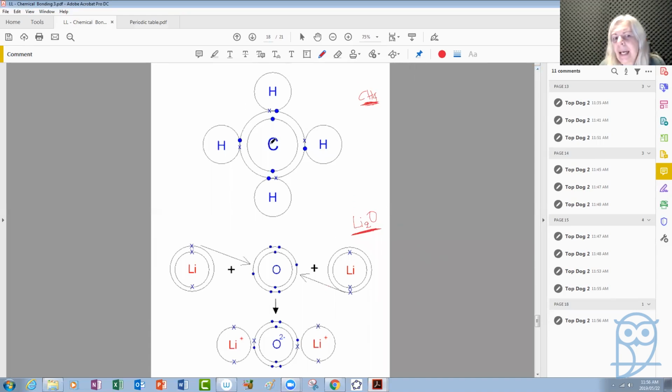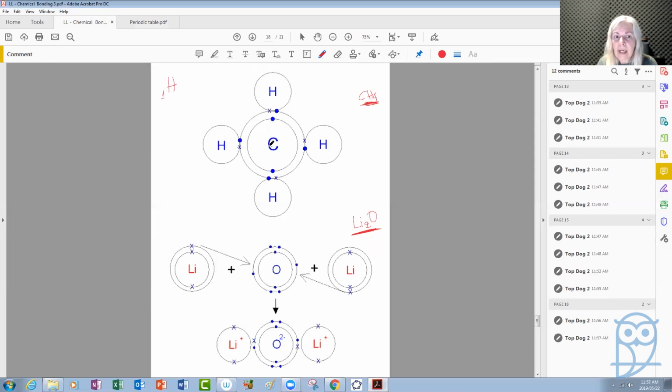look at this. Carbon has 4 outer electrons. It's part of group 14. It has 4 outer electrons, a very important element, and it needs another 4 to complete its outer level. So by joining to 4 hydrogens, and hydrogen, you know, has just 1 electron because it has atomic number 1,